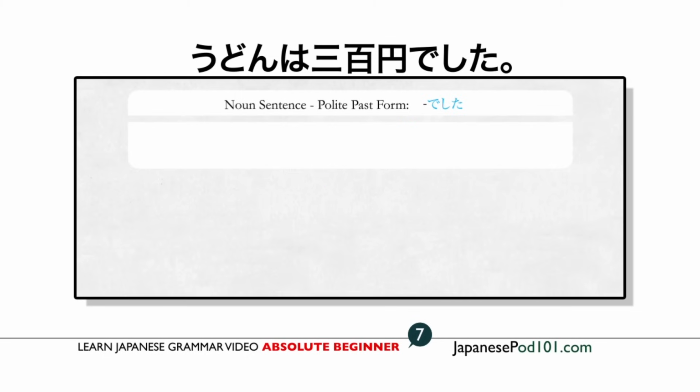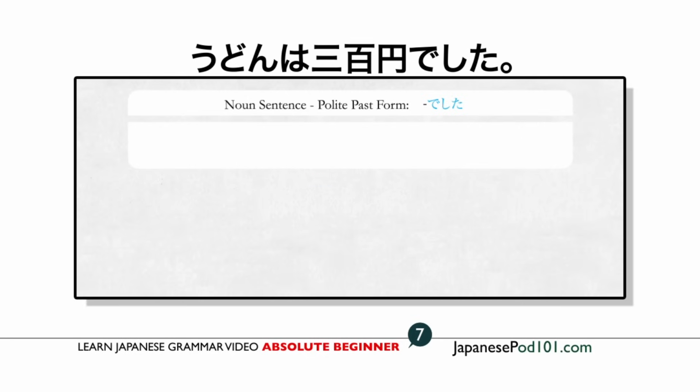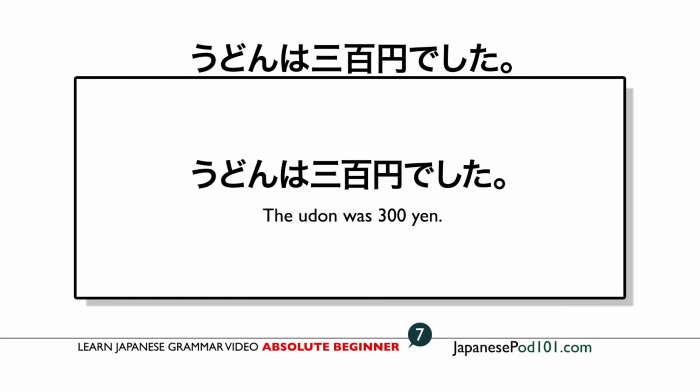All right, let's look at just a couple more noun sentences in the polite past form. ケネディはアメリカ人でした。 Kennedy, you mean JFK? Yeah. I guess so. Yep, so JFK was an American. はい。 Since he has already passed away, I used でした。 Okay, so if you were talking about President Bush, you would say, ブッシュはアメリカ人です。 So I think you probably get the picture now. It's just the difference between desu and deshita. That's all that changes in the sentence if you're indicating non-past or past. Because non-past is desu and past is deshita. うどんは300円でした。